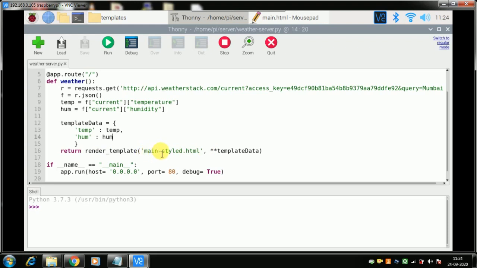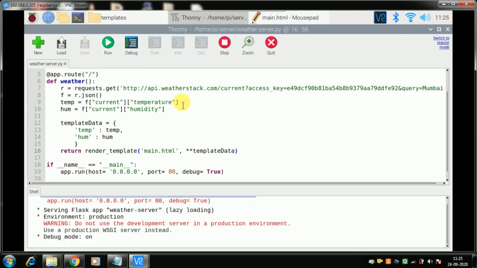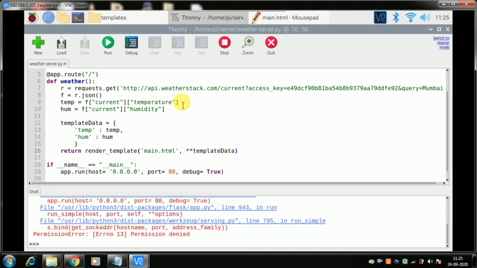You need to name your HTML. Like styled, we will see how it is styled in the next video. Let us just render the main.html for now, and we render it with this template data, and then again we run the server here, so we need to save it. But anyway, if we try to run it, it will show us the same error. So we should run it as a sudo user, super user. Now let us run our server with the sudo command.